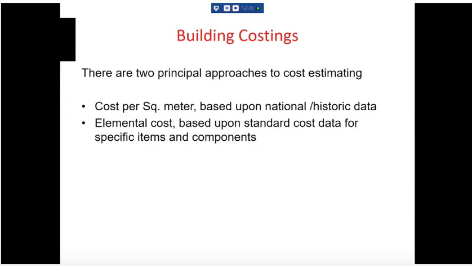Okay, so that's the RIBA plan of work. I hope that's clear. It's the sort of second time we've been through it. We also went through it when we were talking about the LRC that we did, the very first lecture I gave. And let me just, before I move on,